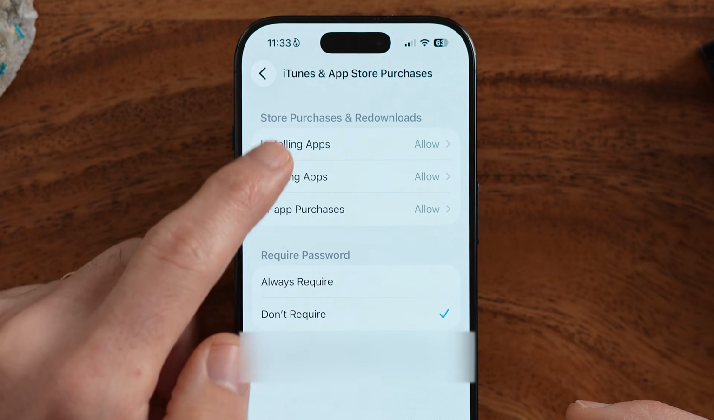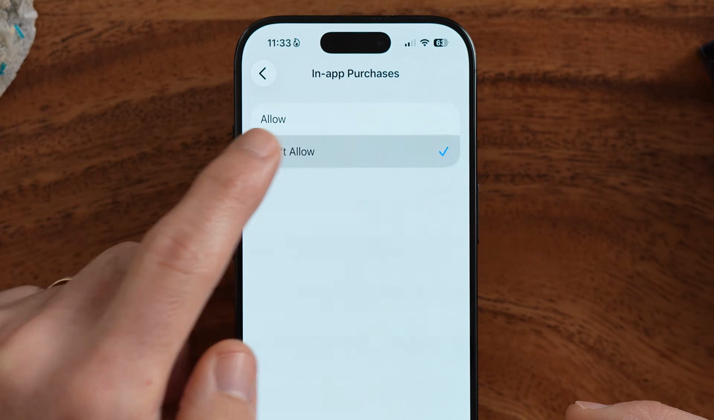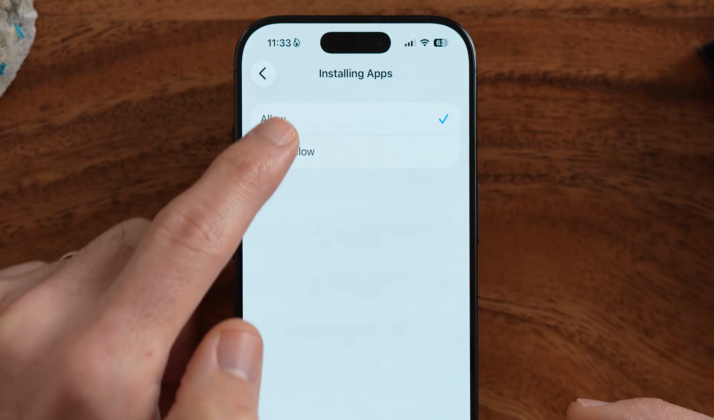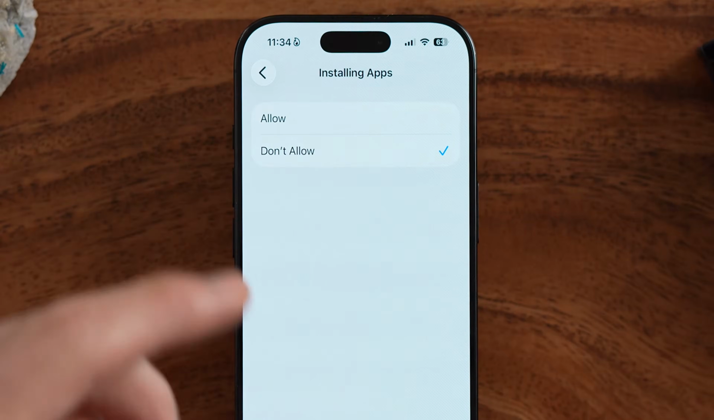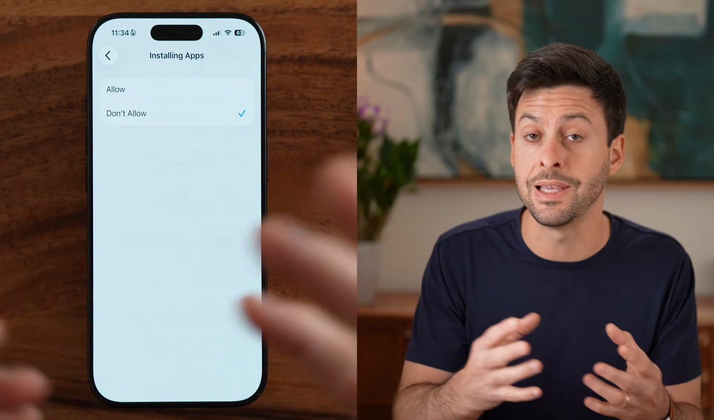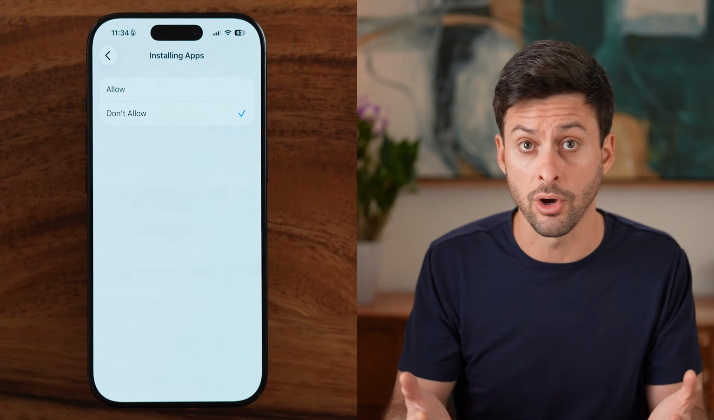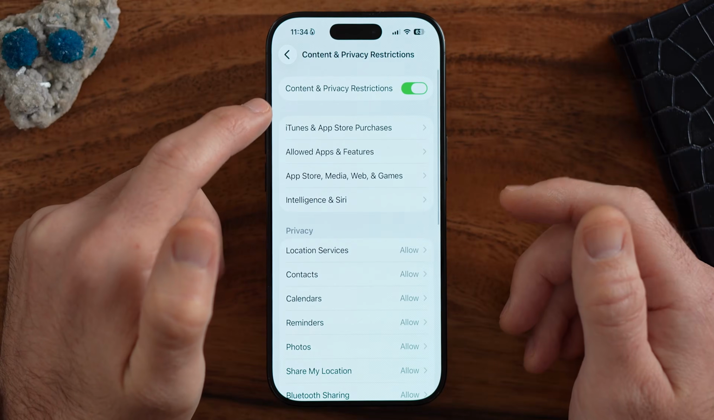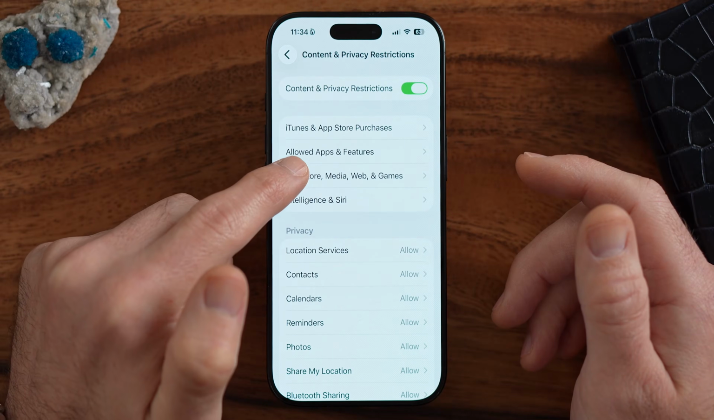You most likely don't want them making in-app purchases, so you can switch this to don't allow, and maybe even installing apps, you can switch that to don't allow. Again, we're restricting the ability to do certain things on this iPhone. So from here, let's go back out of here, and you can see other big ones are the App Store,